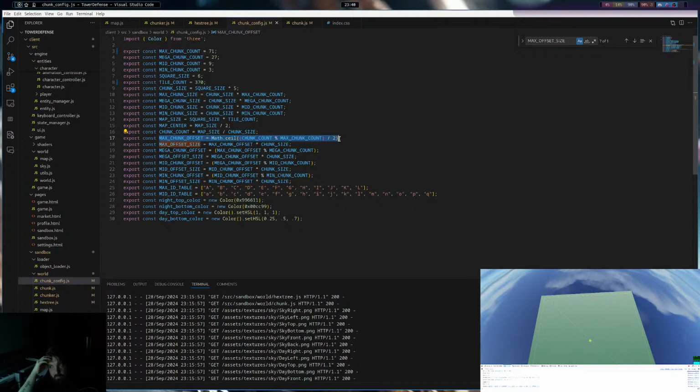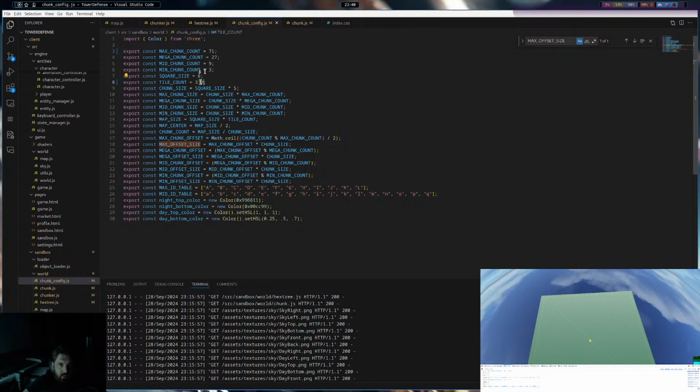This hurts my head because we need to be able to subdivide this map. Like, we're going over the limit for some reason. So 370 times 6, because that's our square size.